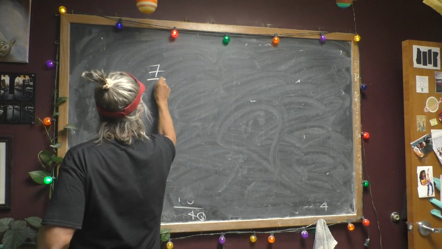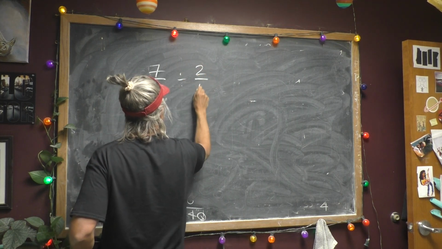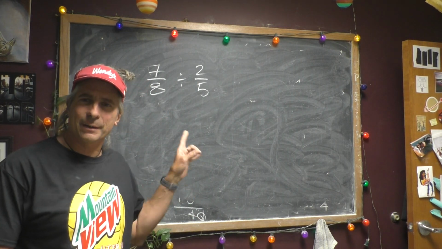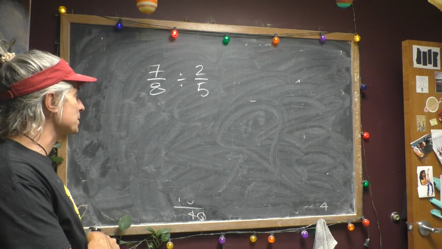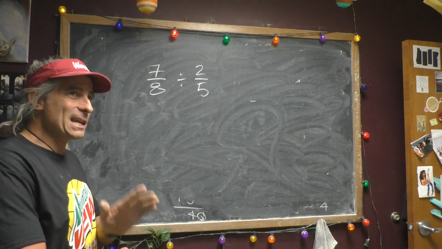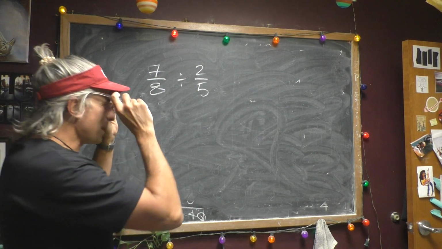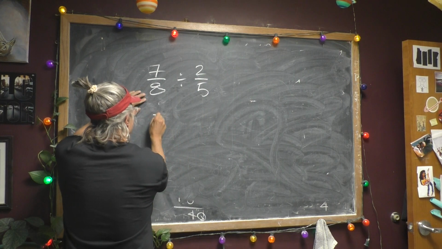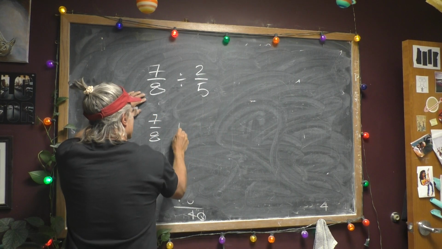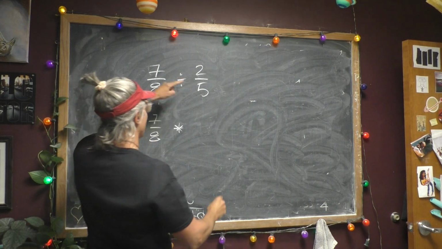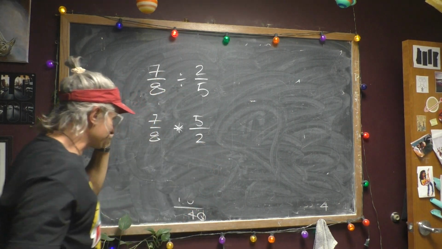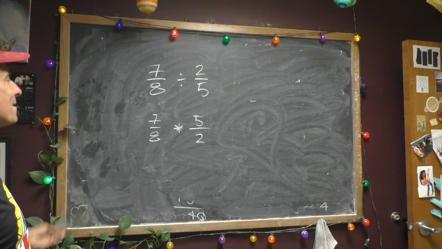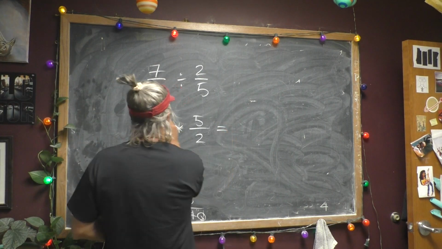So we're going to now take 7/8 and divide it by 2/5. And our son actually taught me something recently about how they've taught the kids how to do these kinds of problems. When you divide fractions, he calls it keep, change, flip. So what that means is when you divide by a fraction, you actually multiply by the reciprocal of the fraction. So you keep this fraction, 7/8. You change that to its inverse sign, which is multiplication, and you flip the second fraction, the divisor, to the reciprocal. So now it becomes 7/8 times 5/2,